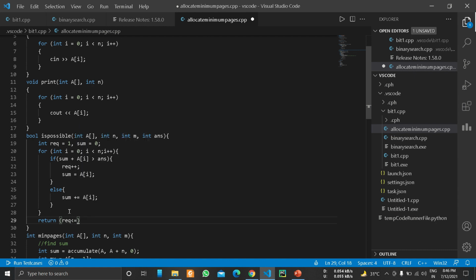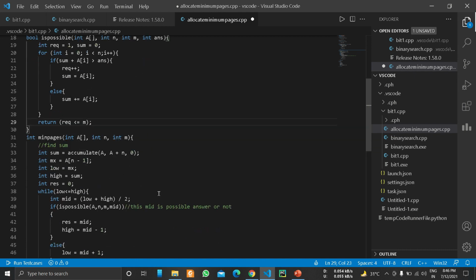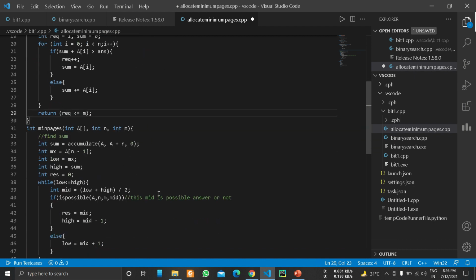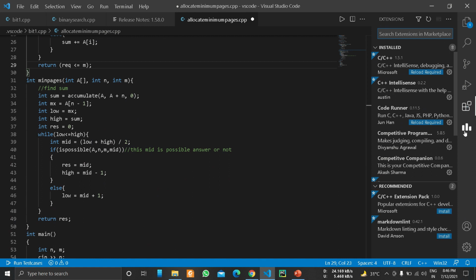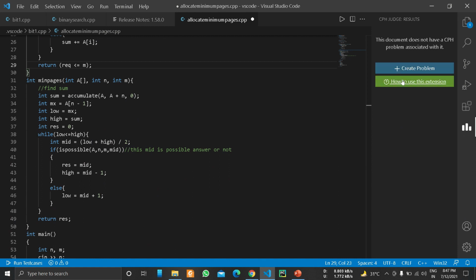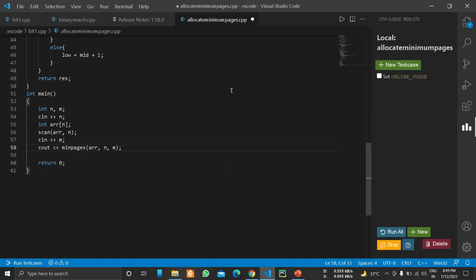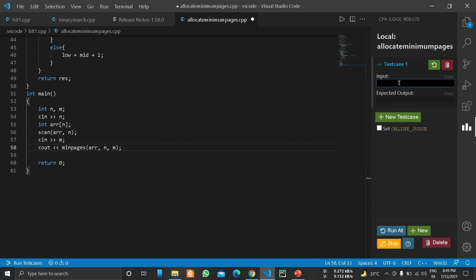So this is the complete code. Let's run it. The number of books is 5, the pages are 11, 12, 13, 14 and 15, and the number of students is 2.